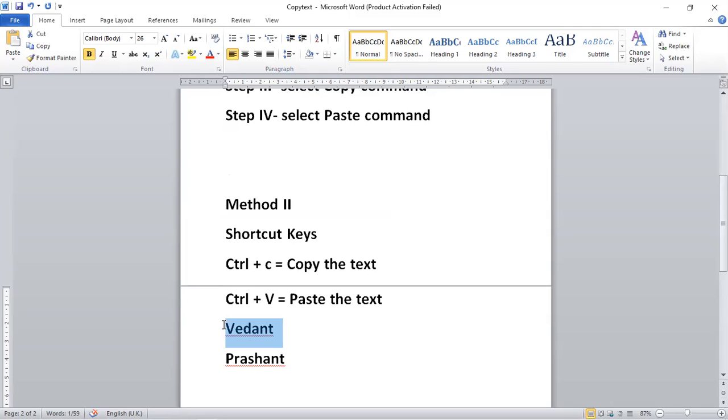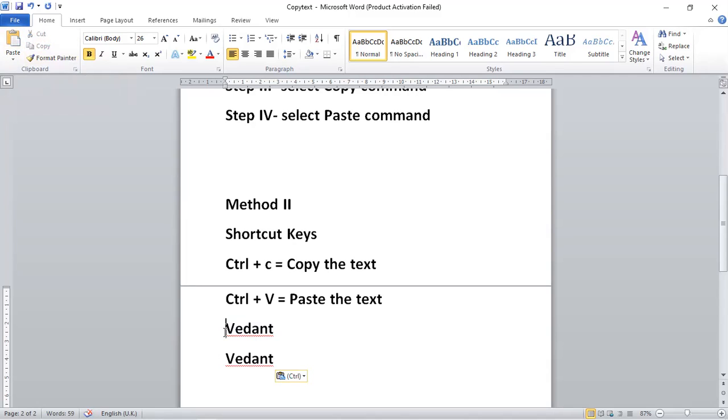First we will select using the shift key and shift arrow keys combination. Then we will select the home tab in the left corner. You can see the clipboard. Inside the clipboard, you will select the home tab. Simply click on the copy command so that the text will be copied. And again, select another text or words that you want to replace. Now, just click on paste and let's see the output.